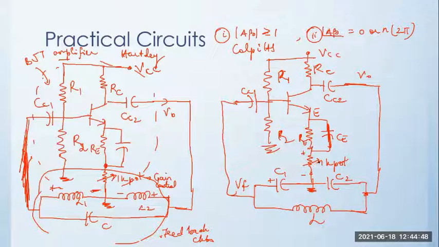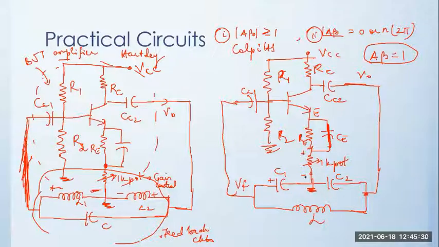So if I make this potentiometer 0, you will have maximum gain in the amplifier circuit, because it is as good as telling that the source or emitter is connected to ground. So there is no negative feedback, and you get the highest gain. As you vary that potentiometer and add some resistance in the pot, the gain will reduce, and at some corresponding point that gain into feedback factor will become 1.